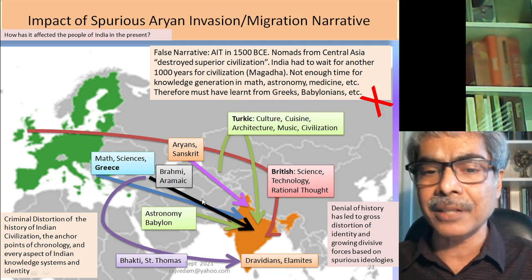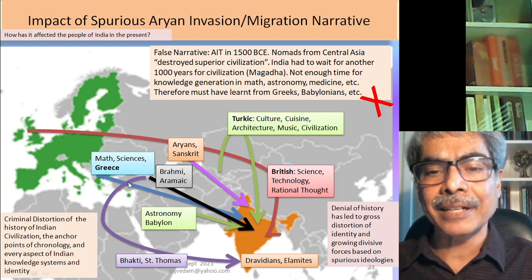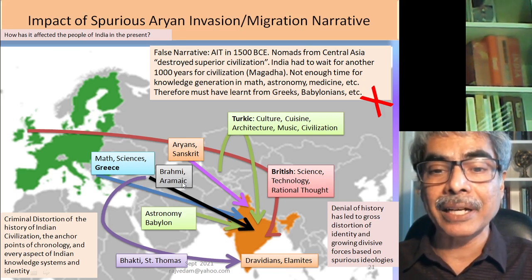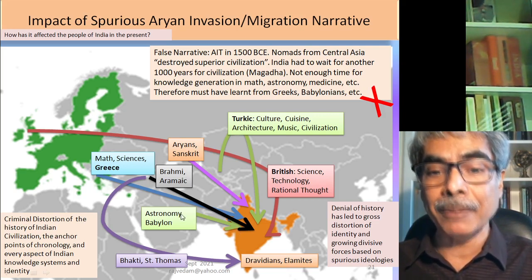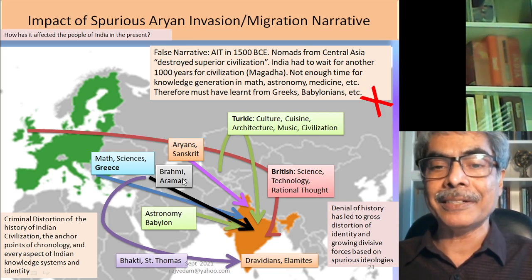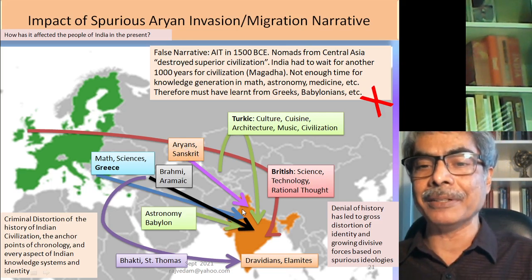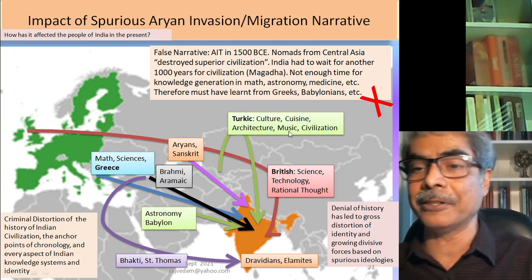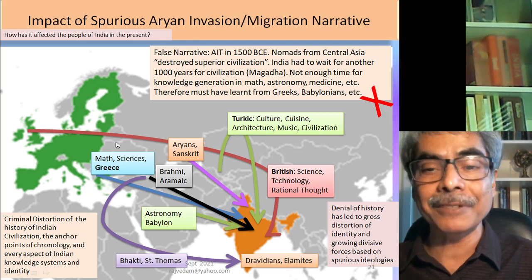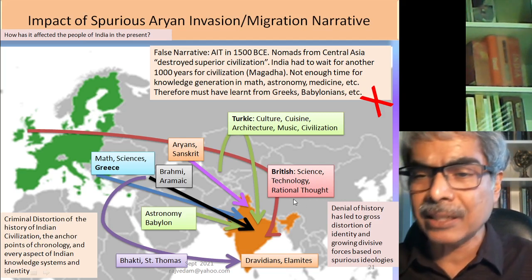And in this caricature, I have shown that, for example, it says mathematics and sciences came from Greece into India. It says the script, Brahmi, is derived from Aramaic and came from the Levant into India. It says that from Babylon, Indians learnt astronomy. It says from Central Asia, Indians were Aryans and the Sanskrit came into India. The Turkic Muslims from Central Asia, it says, brought culture, cuisine, architecture, music and civilization into India. It further says that the British got India's science, technology and rational thought. So these are some of the absurd